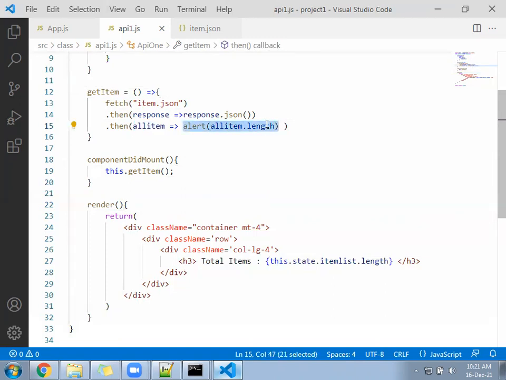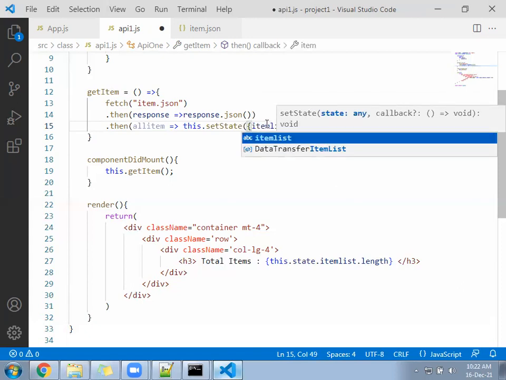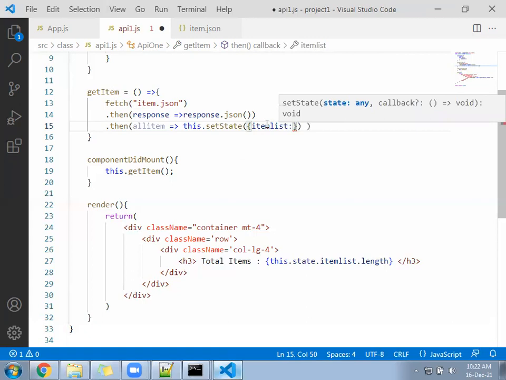What is the array name? All item is the array name. This all item you are going to assign to this dot set state. Under the set state, you have a variable. Which variable? Item list colon all item.